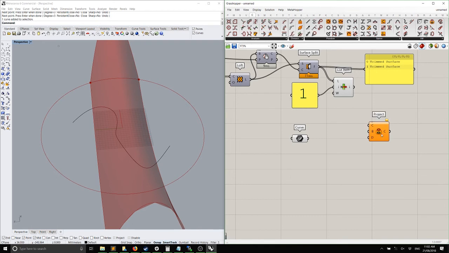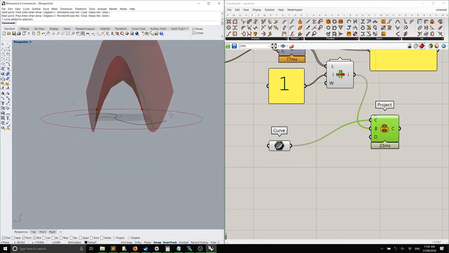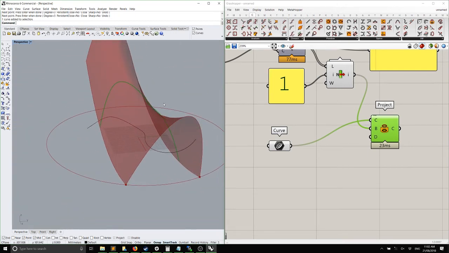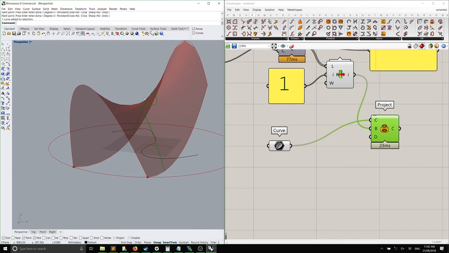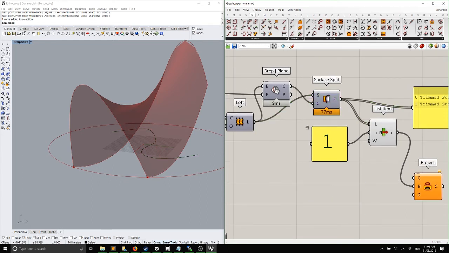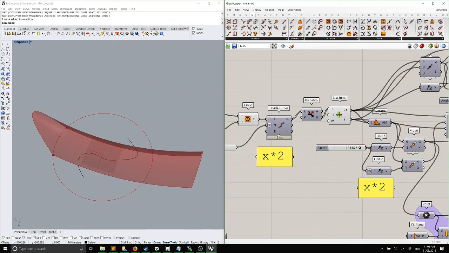So under utilities, if I take my surface brep and I take my curve, I can project that curve onto the surface, generating that shape, right? Cool. So instead of using planes, we can use curves. And remember, what did we do with this surface split? What did we need to actually split the surface? A curve, right? So if we basically generate a polyline